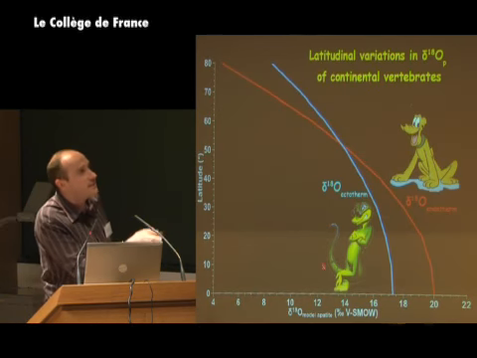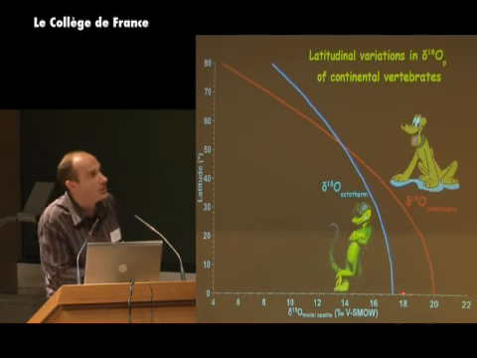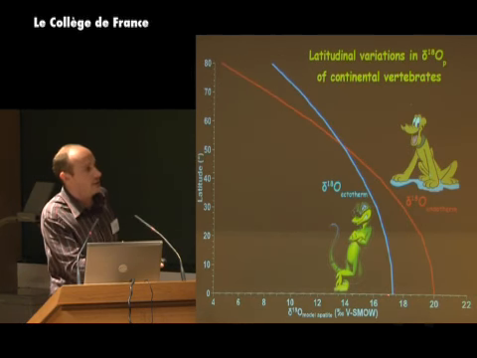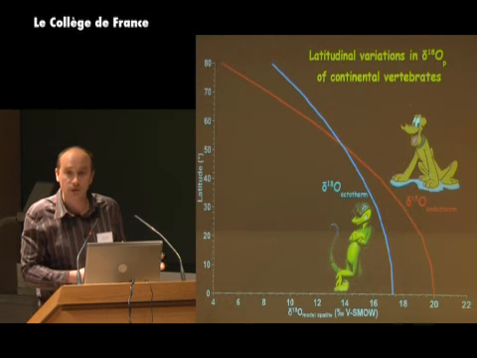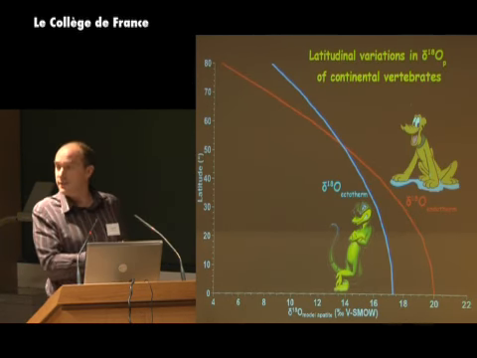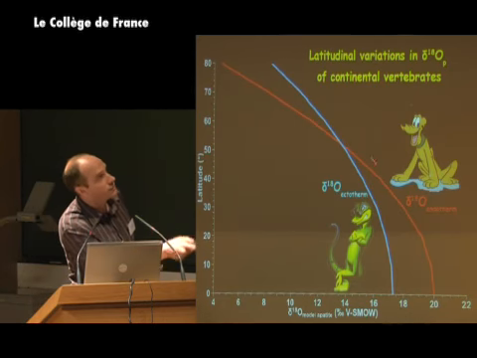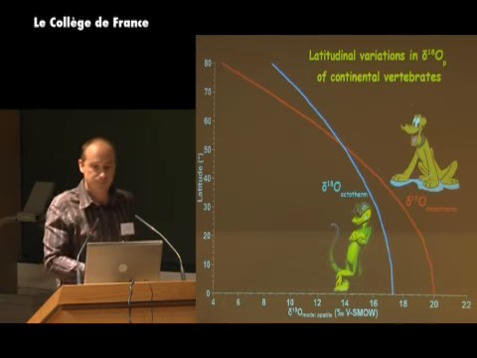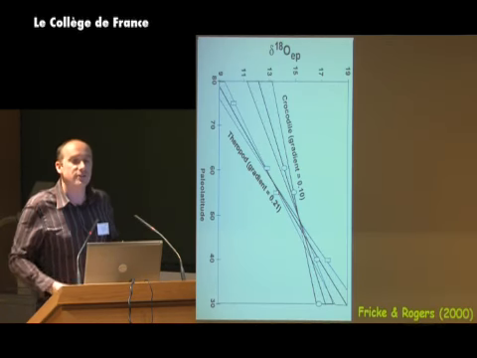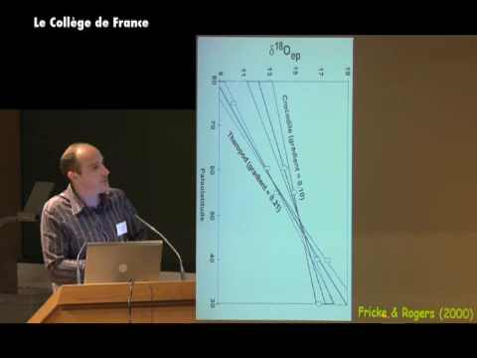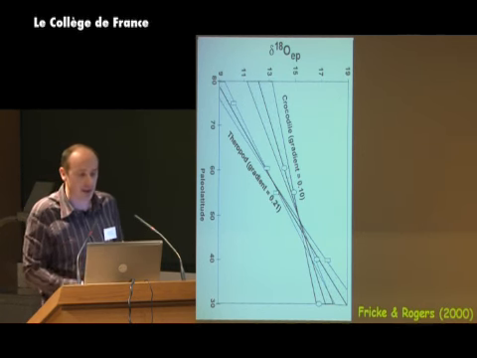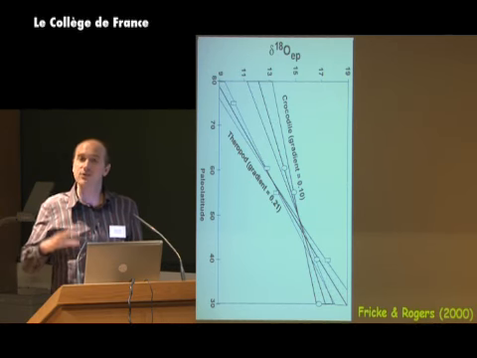Whereas for the ectothermic animal, its delta weighting values will reflect the variation of its drinking water, but also the mean air temperature of its living environment. So the two curves will be different. Keeping this in mind, in 2000, Fricke and Rogers did this work, and they compared theropod delta weighting values with crocodiles